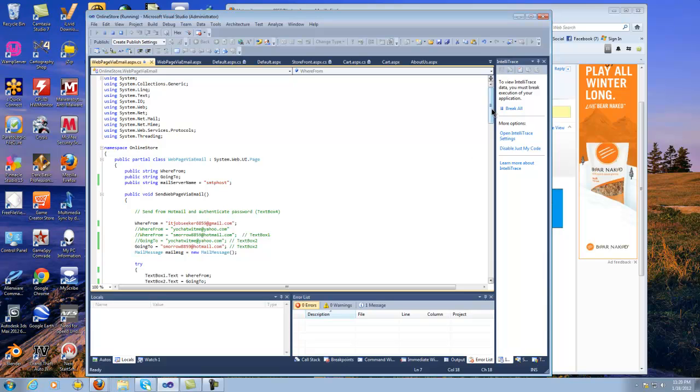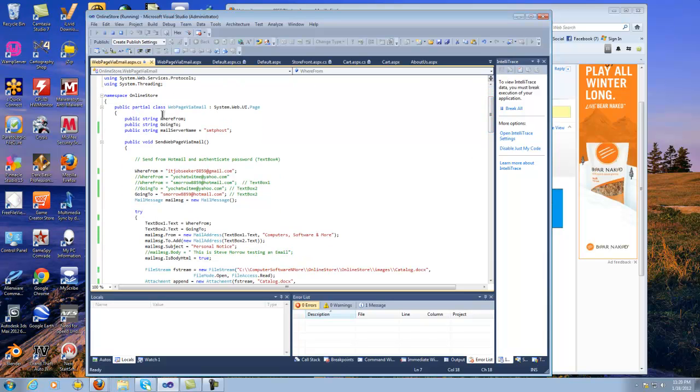Okay, so going back to the C# section, the first thing you're going to see here is my declarations. And I have a declaration for where from. The where from is just the from. I just called mine where from, as it tells where it's coming from. The going to is obviously where it's going to, and rather than just using to, I use going to. And the mail server name,